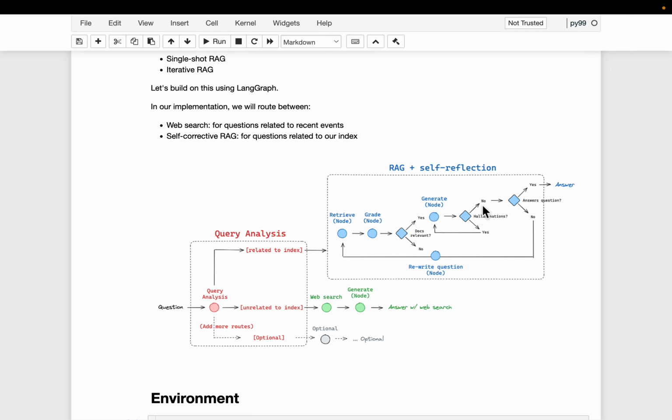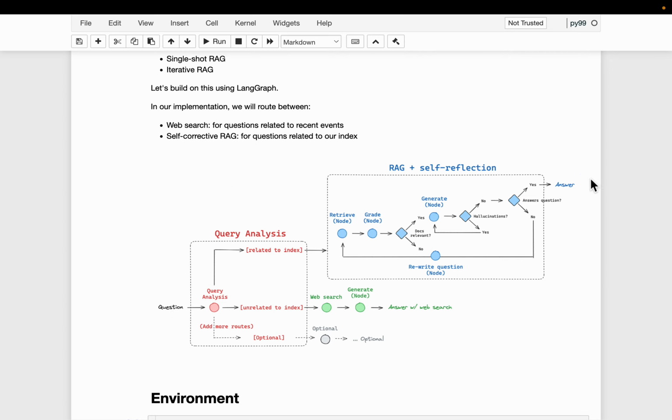Now let's say the answer is actually grounded in the provided context. Then here we are addressing the final limitation. We have an answer now, but is the answer actually answering the user query? If it is answering, then we provide the answer back to the user.